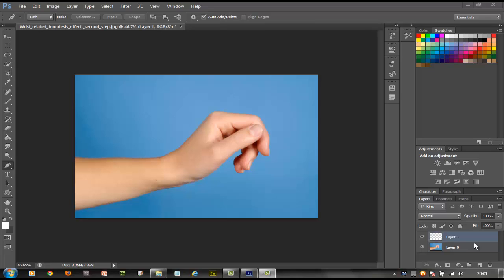Today we're going to be making a neon effect across this hand with slight curves. So just grab any image you want from Google and then just jump into this tutorial right after you